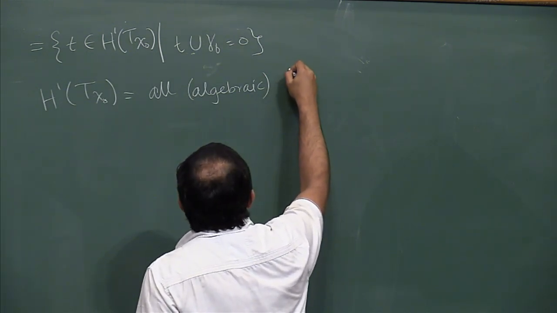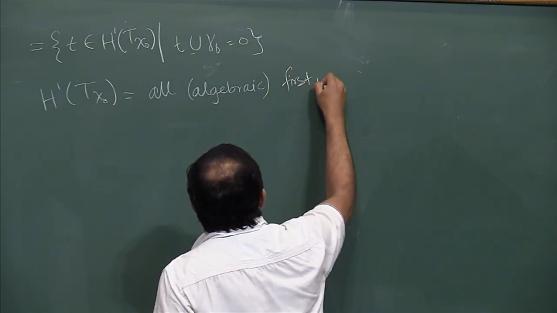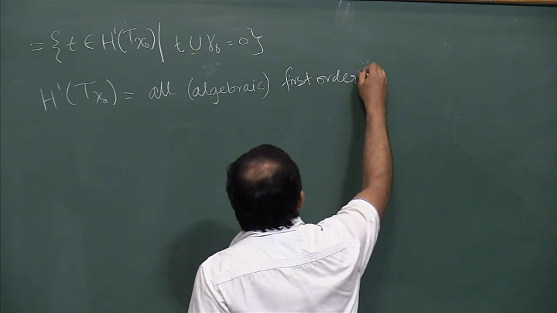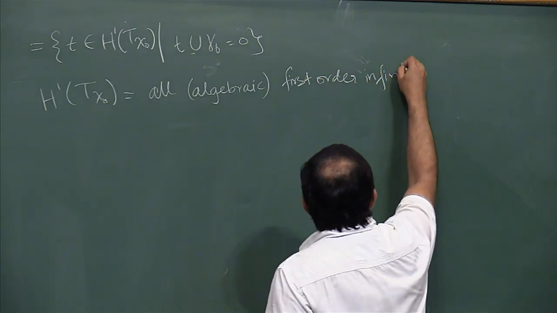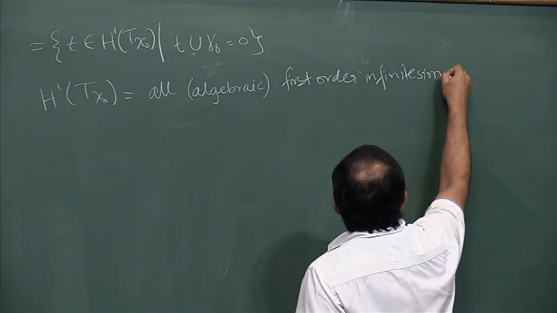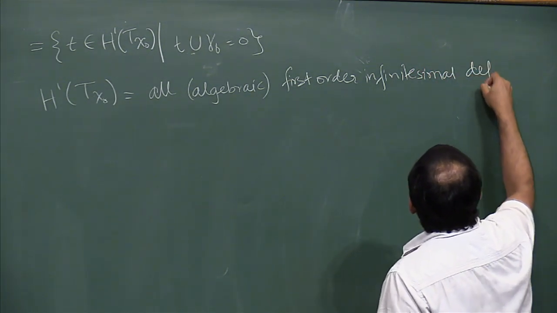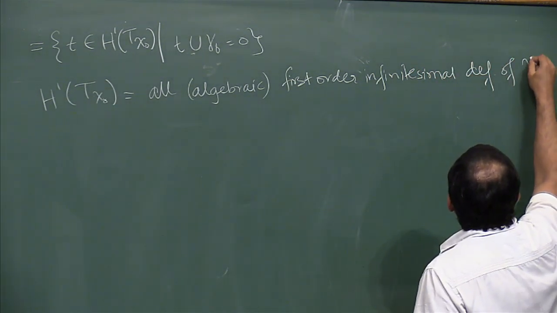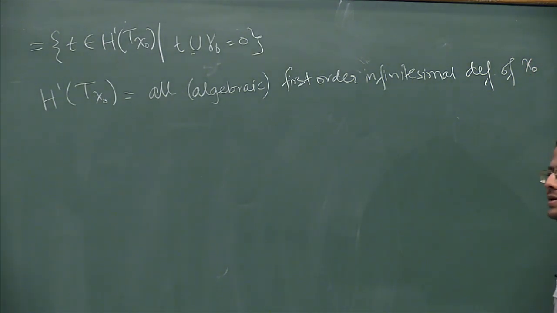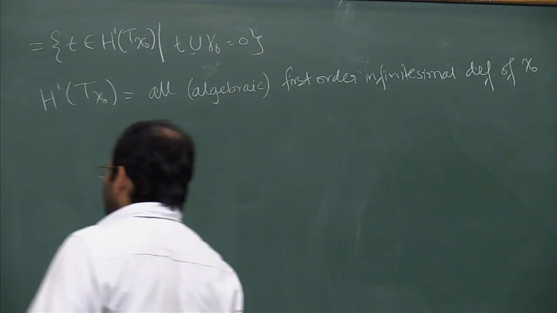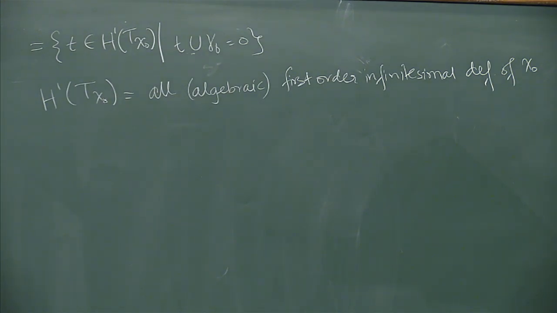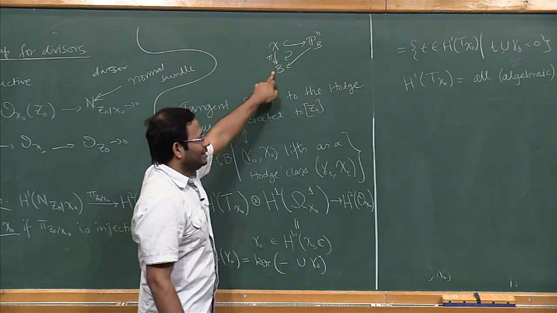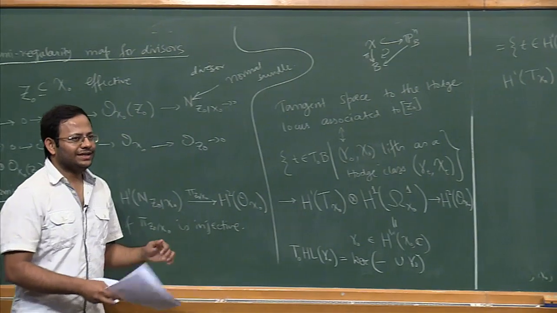First infinitesimal of. Now, this space could be much larger than B. So, now we have to somehow relate the tangent space